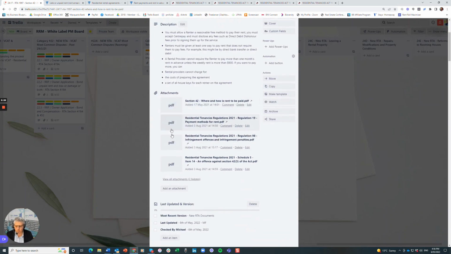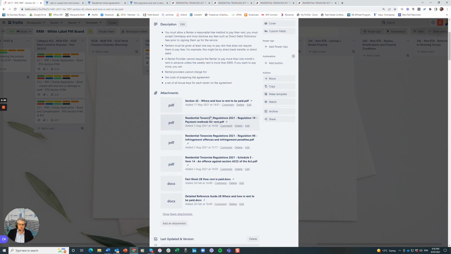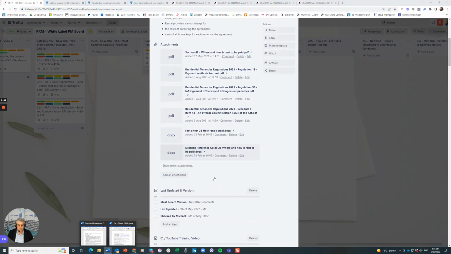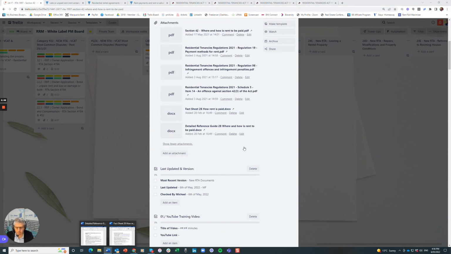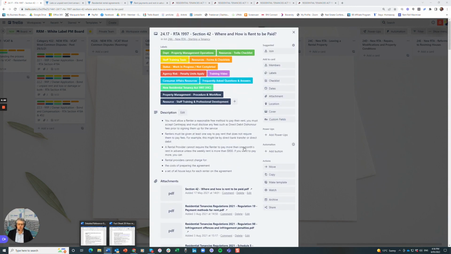I think we've got 1, 2, 3, 4, 5, 6. There are 6 attachments inside of here, sections of the Act and some of the regulations. Then we've got the 2 fact sheets, which we've got opened here. What I've also done is there's a whole series of links in here, which we'll go through across the top for now. But fundamentally, as we look at what this section covers,